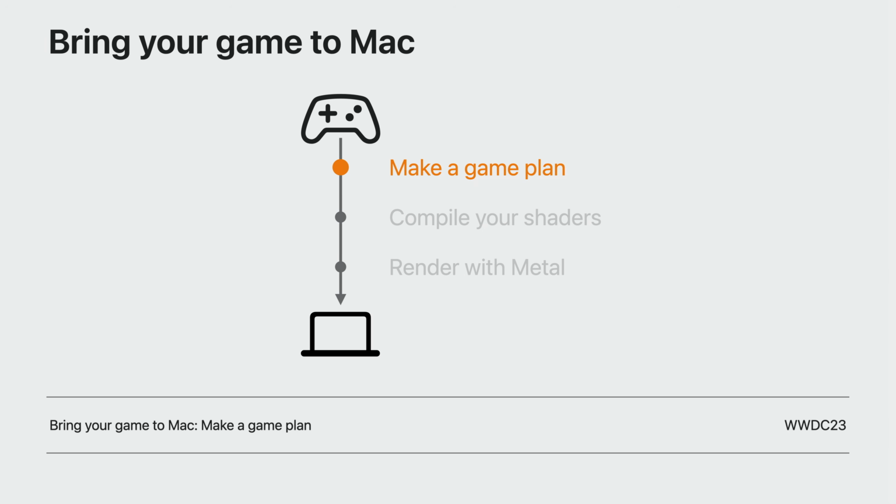The first session covers how you can use the new game porting toolkit to run your unmodified Windows game on the Mac to evaluate your graphics, audio, and display features. And the second session shows how much development time you can save by compiling your existing HLSL shaders to Metal using the new Metal Shader Converter tool.